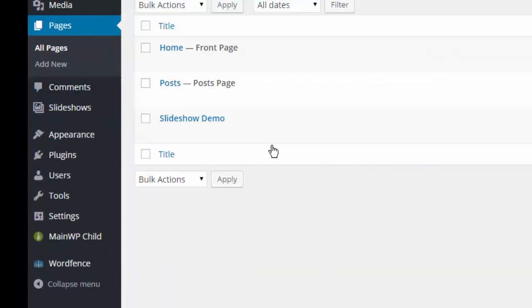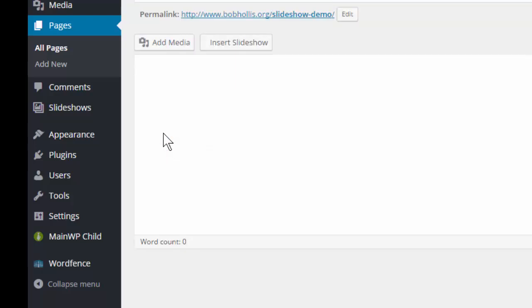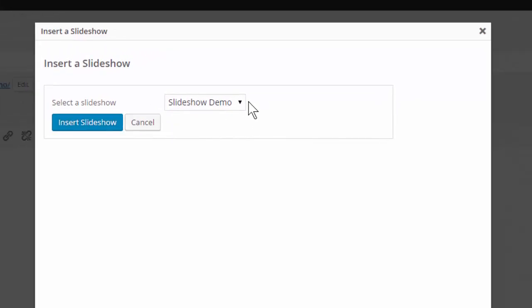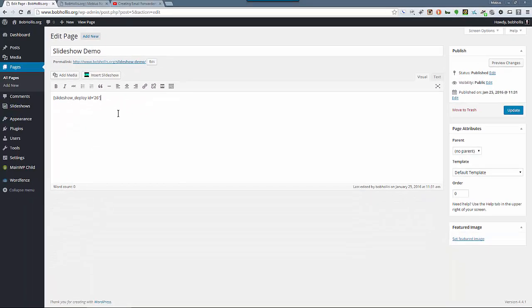and I already created an empty page here just called slideshow demo, and I'll edit that. So I could either paste that shortcode in, or I can use the option that's built in right here for insert a slideshow. So I'll choose that, and if we have more than one, they would show in a drop down here that you can select from. Since we don't, that's what we've got to work with. So I put that in, and I can center it. I can add text above,